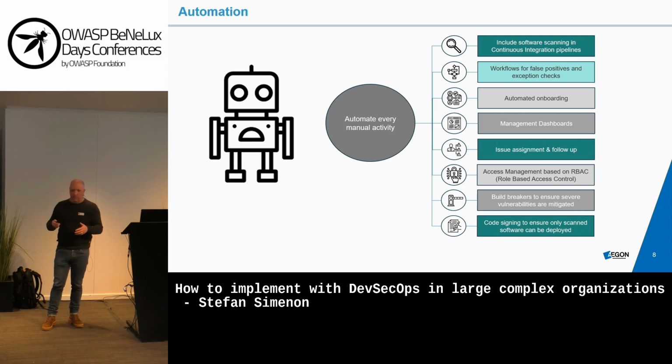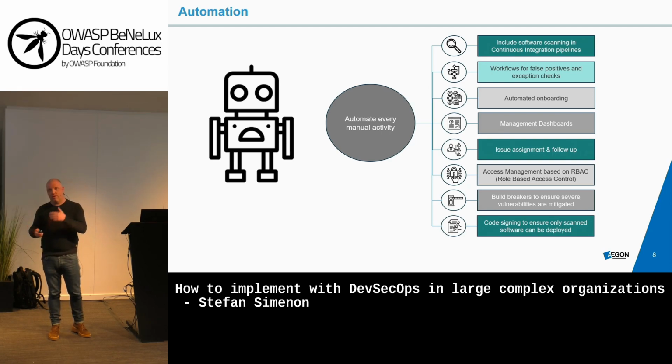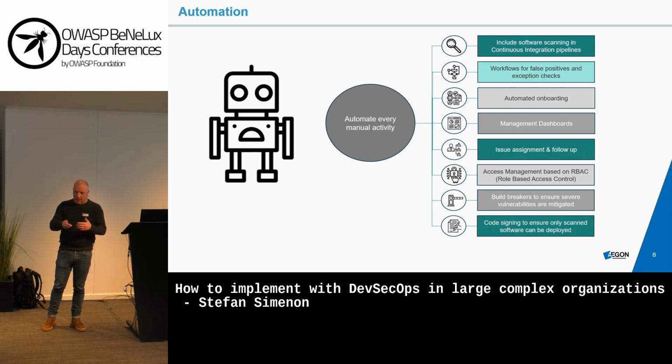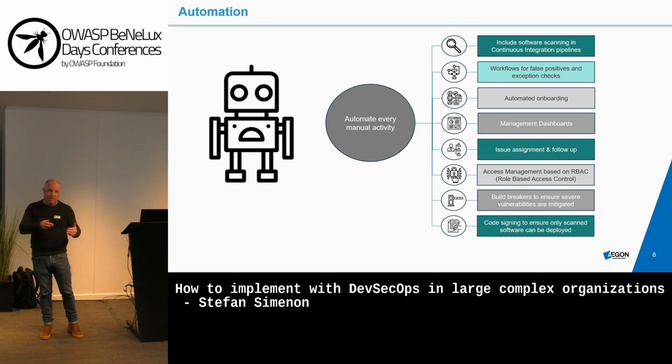If you have false positives, each tool will have false positives. One tool has fewer false positives than the other tool, but make sure there is workflow management for false positives and exception handling. Make sure that a developer cannot check his own exception or false positive. And normally there should be a separate security department who will check exceptions or false positives, and that process should